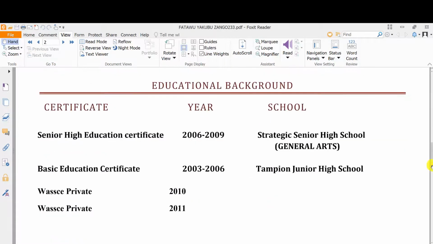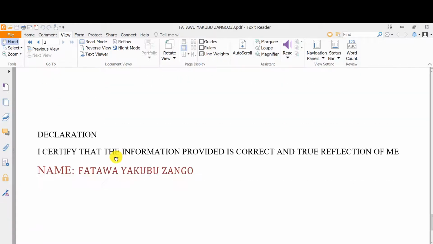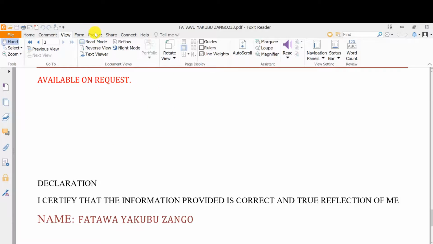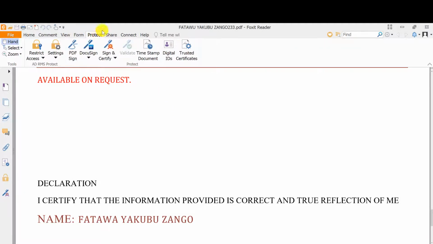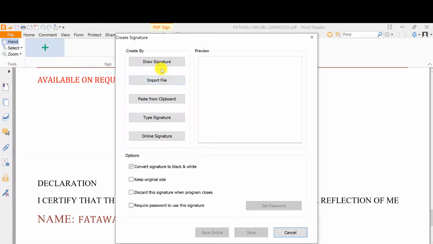Or you can put a signature on the document, which is very simple and convenient. You simply come to protect, PDF sign. You can see that plus. It's either you draw the signature or you type the signature.